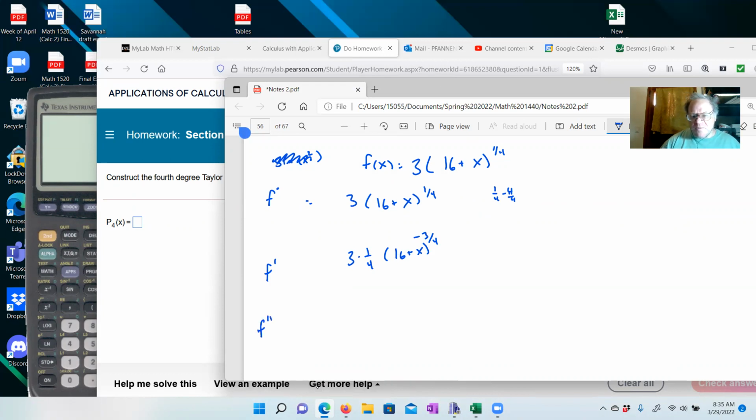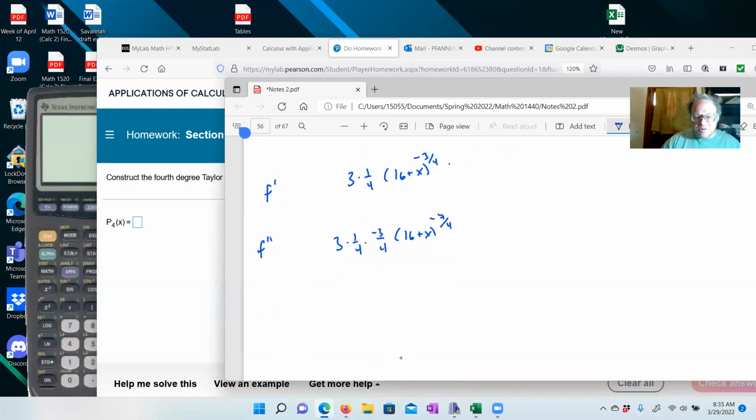F double prime is going to be 3 times 1/4 times negative 3 times 1/4, so this is going to come down in front, times 16 plus x, and then subtract 1, so that's going to be minus 7 over 4. That's our second derivative. F triple prime: I would just caution you, don't do too much in one step because it's so easy to mess up,